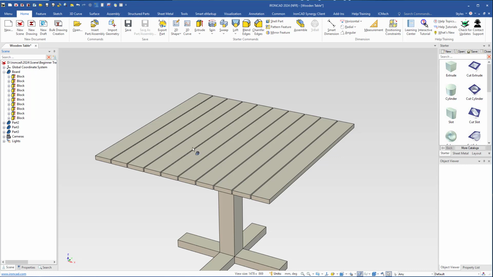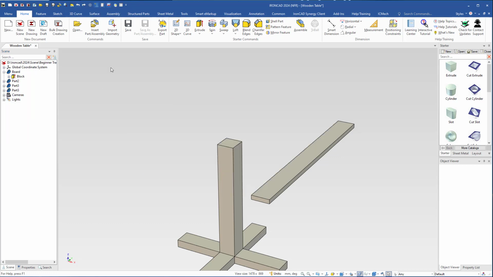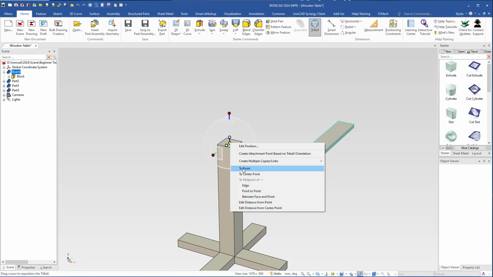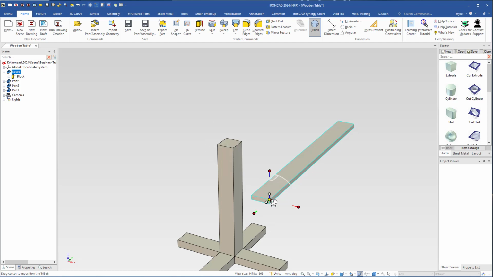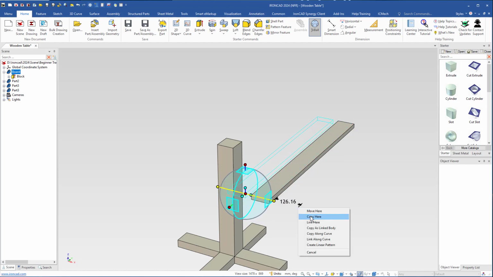So in this case it was not a good solution to copy the board in the feature level or IntelliShape level. So I will undo this like so. Make sure that I select the board in part level, and now I can activate the triball. I move the triball, right click the center handle to point, and I select this vertex here, and then I lock the triball, right click and push this handle, drop it there, choose copy